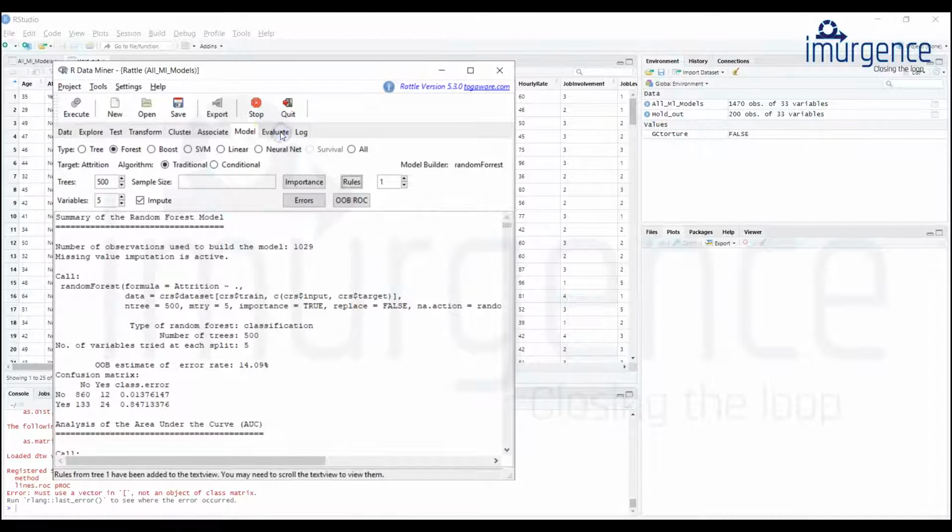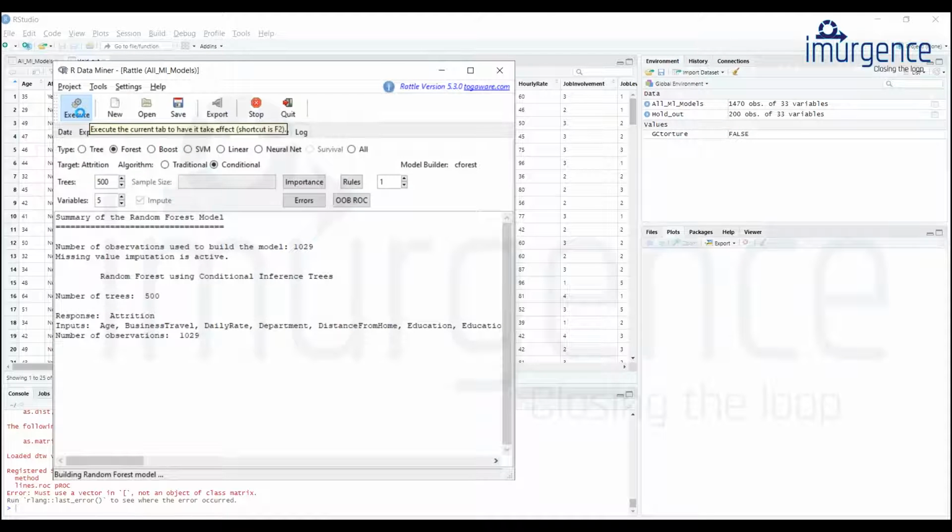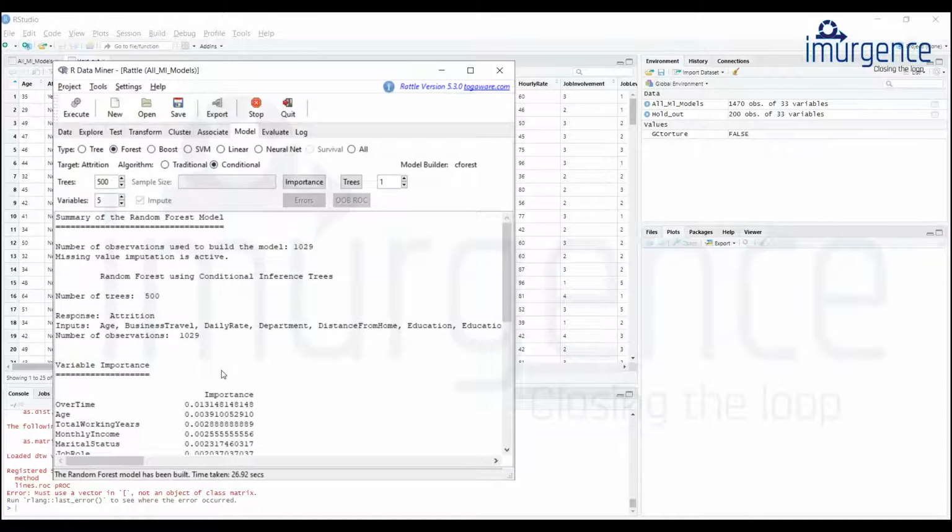You can evaluate the model if you want, or you can just go for the conditional one, execute that. So let us give some time for the tree to be built. This is the second method. We have used the random forest and this is the C forest.